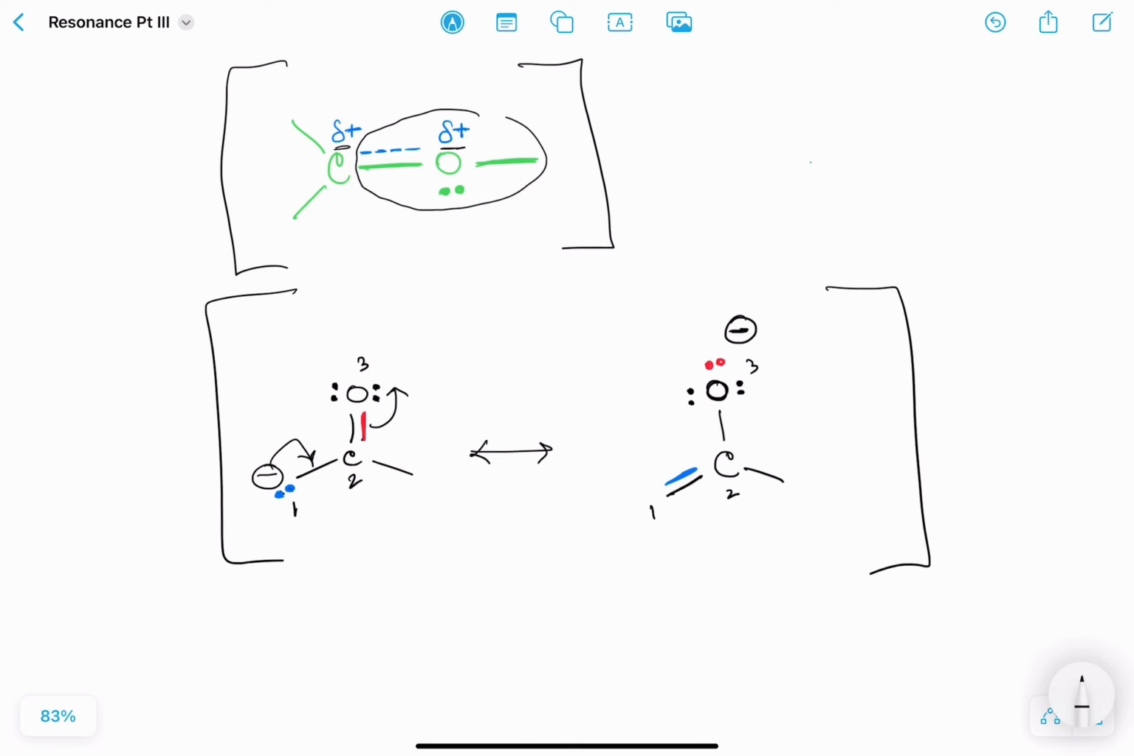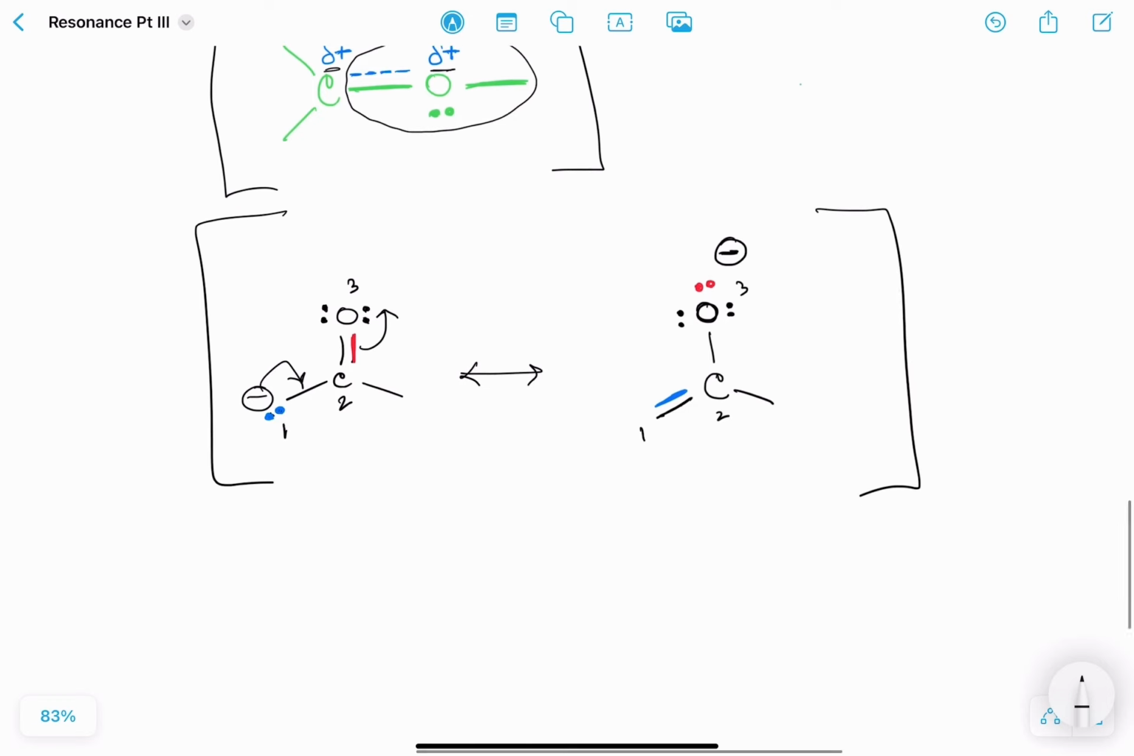Which one is major? Which one is minor? Well, we have a negative charge on the most electronegative atom on the right structure. Right, and so let's take a look. Does everything have an octet? Yes, it does. So if I actually were to draw in the implied hydrogens there, I could show that this